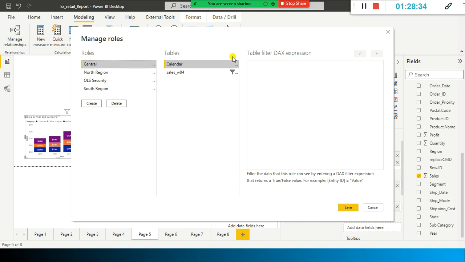The visual should get filtered with South region, and the North region manager should see only the data that is relevant to him, and the Central region manager should see only the data relevant to him. Okay, so the North region sales should not be viewed by the South region manager. It is not relevant to him. Why should I enable the South region manager to see all things? Right? I wanted to restrict the data access for each user.